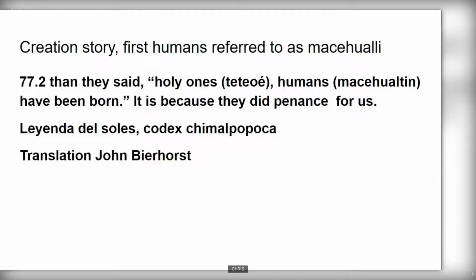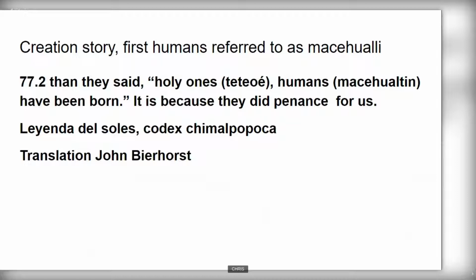Now, what I found interesting here was in looking towards the etymology of the original term. We're not going to delve too much into that because that's going to be another video. But Masewali is the only term used in the creation stories when they're referencing the creation of the world or the creation of people. So here from the Leyenda de Soles, or the Codex Chimalpopoca, they reference humans, Masewalti, being born because the Teteo did penance. I thought that was really interesting because it shows that originally this term, Masewali, Masewalti in the plural, was utilized to identify all people, regardless of